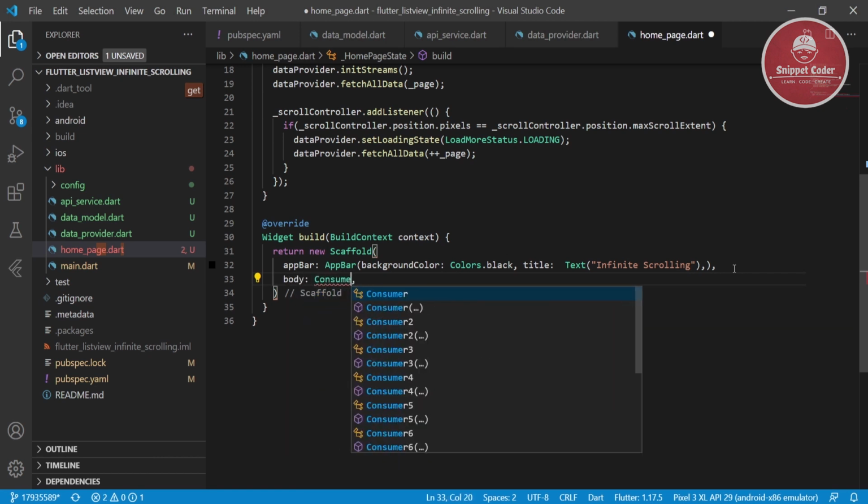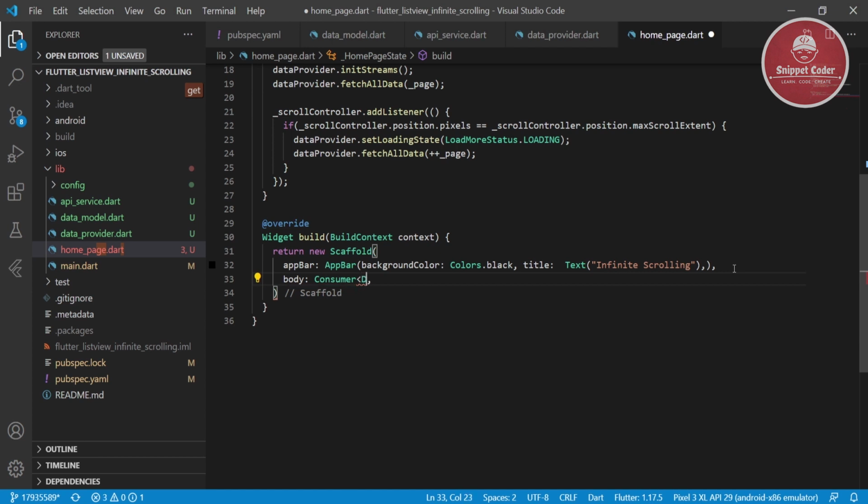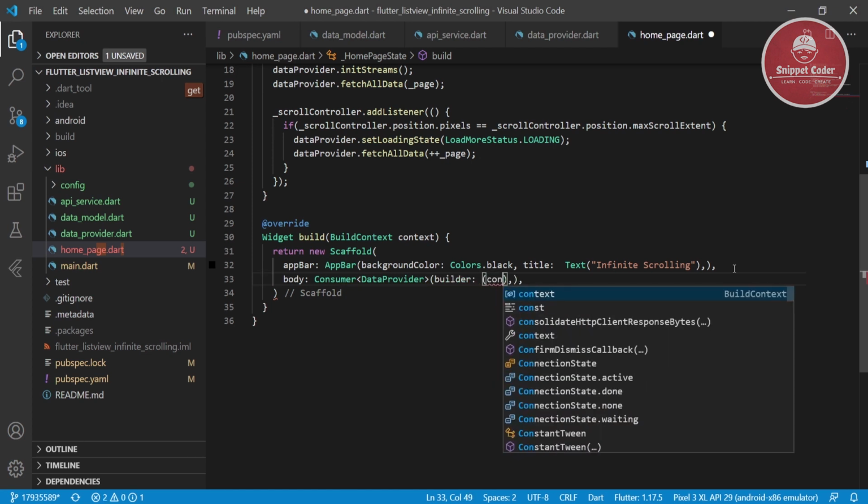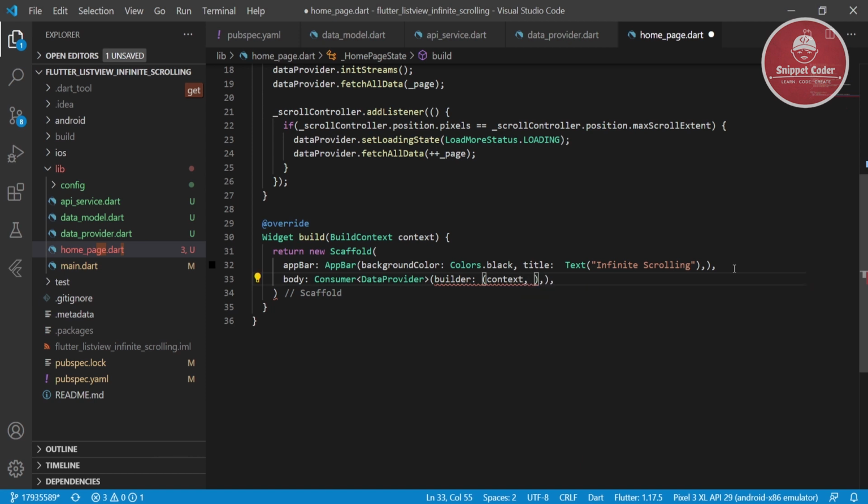and here we will pass consumer. We are consuming here that data provider. And then we will add the builder, context. Then we will have the data model, child.